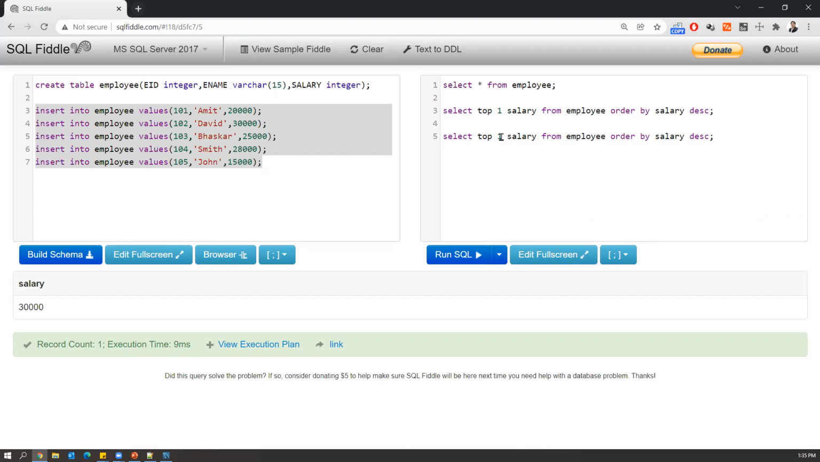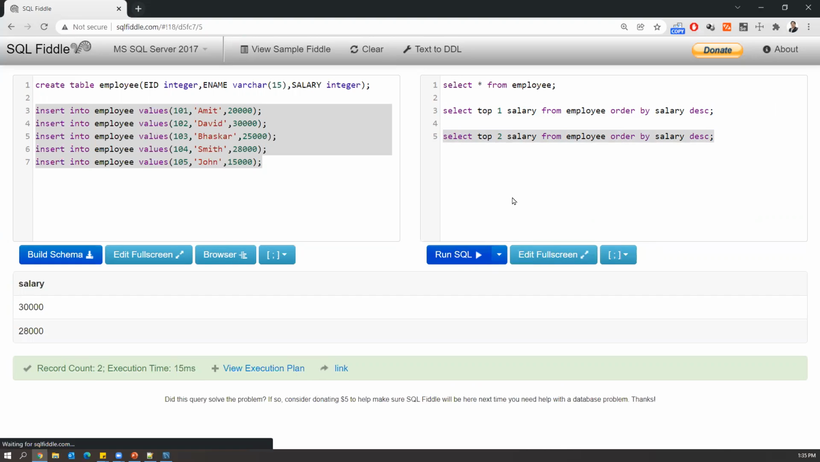Now I will just change it to top 2 instead of 1. Now what happens? This will give you the maximum 2 salaries from the table, which are 30,000 and 28,000. So 28,000 is the second maximum salary. Now I will write one subquery or inner query. So let's keep this in the subquery, and then here I will write select